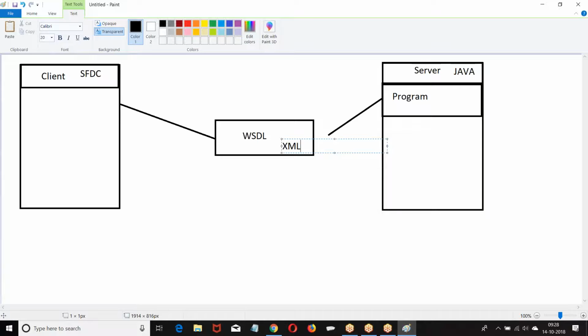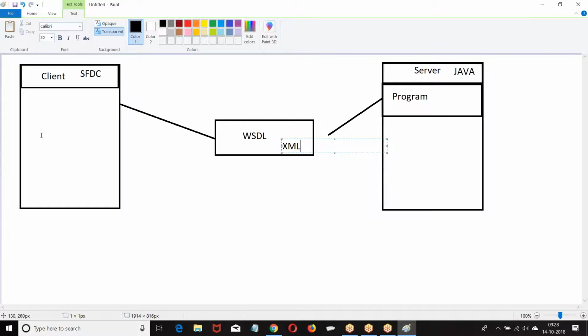Now we got a program. The program is converted into XML. That XML we call WSDL, Web Service Description Language. This WSDL file is in XML. Java is converted into XML.